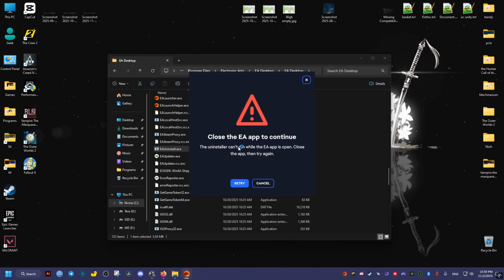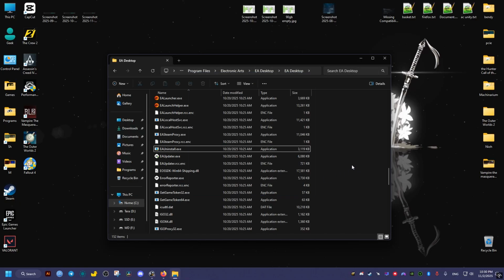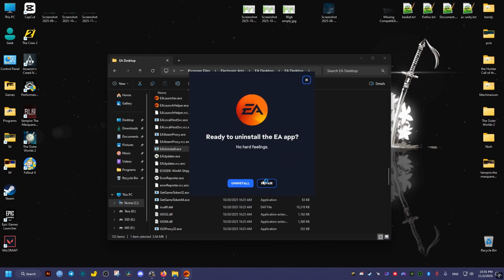Once you press cancel, it should close for you. If not, just right click on it here, then exit the app. After that, you can just go through this and click on uninstall. Another way to launch this, if you can't do it this way, is to go to